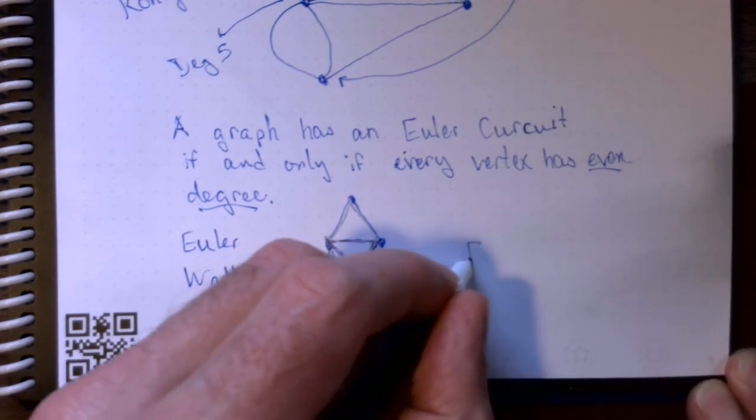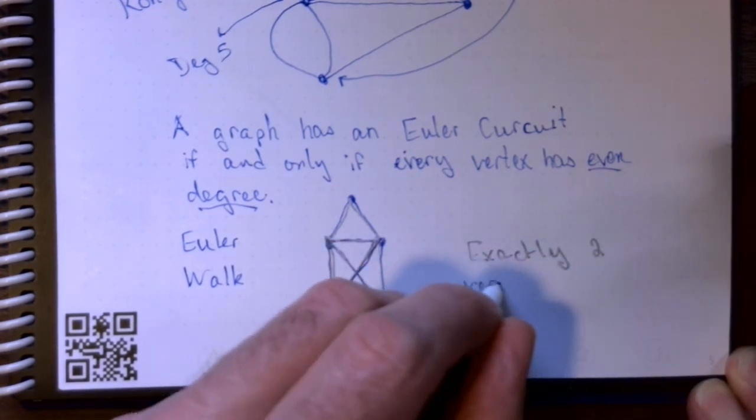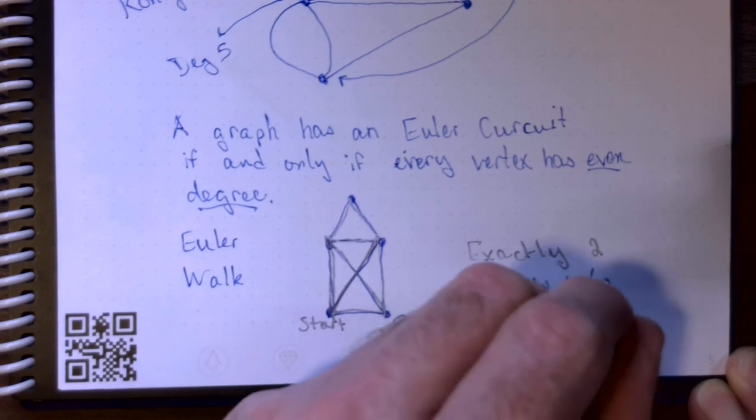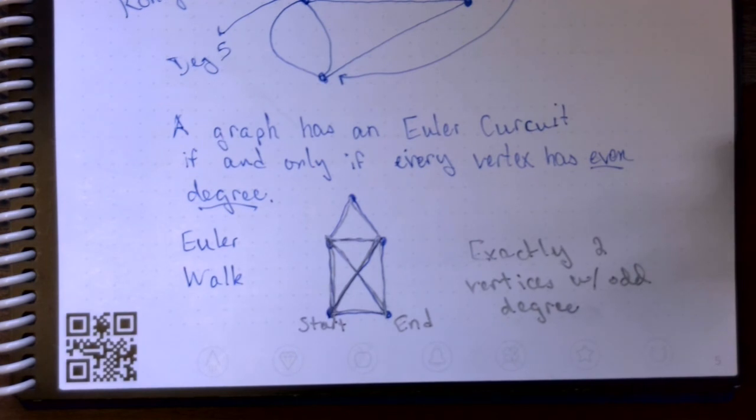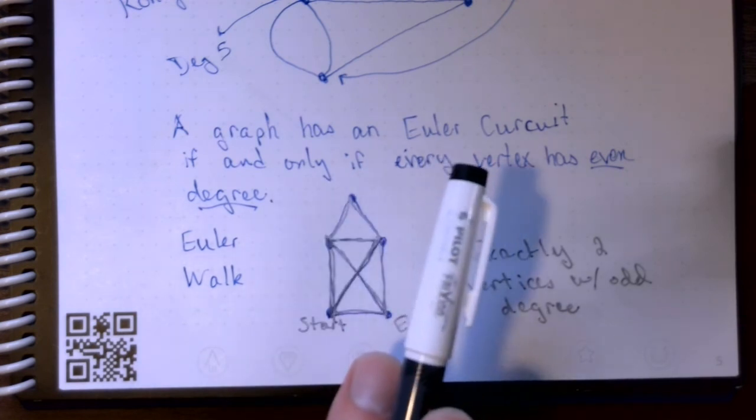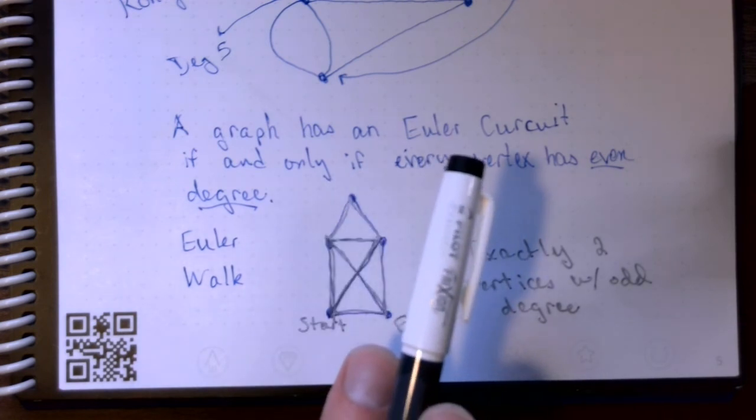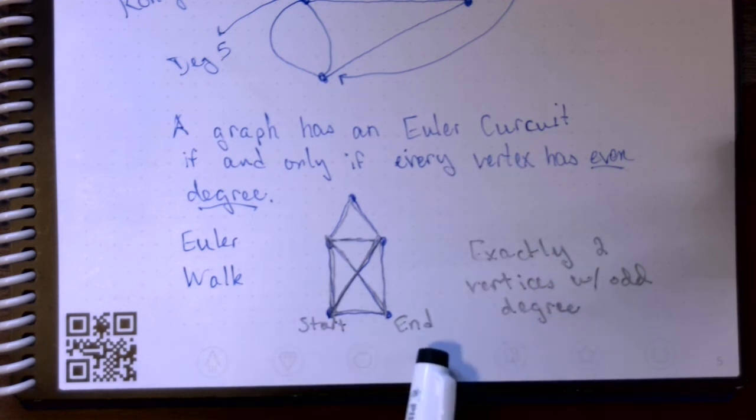And you can have an Euler walk if you have exactly two vertices with odd degree. Okay, so remember, if you have anything with odd degree, that precludes you from having an Euler circuit. If you have exactly two, you can have an Euler walk, and you have to start and end at the vertices of odd degree. So Euler basically invented the study of graph theory with his solution to the Konigsberg bridges